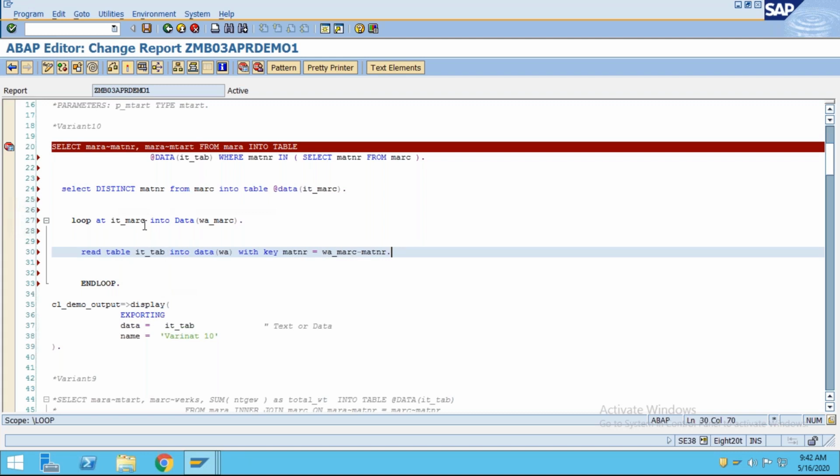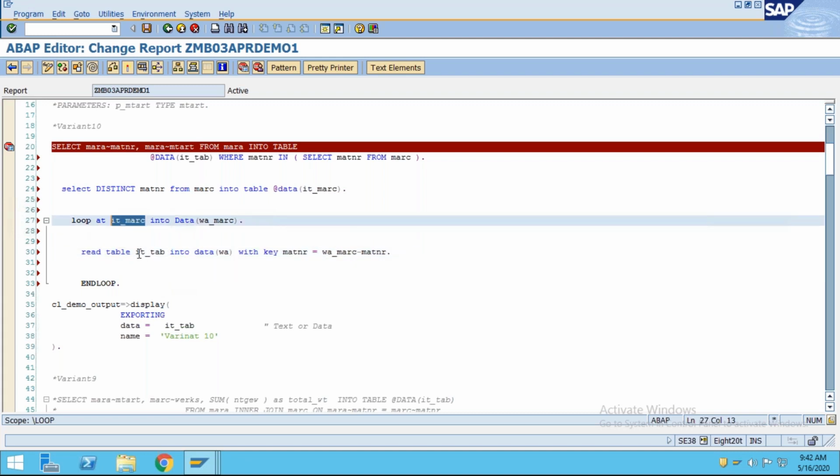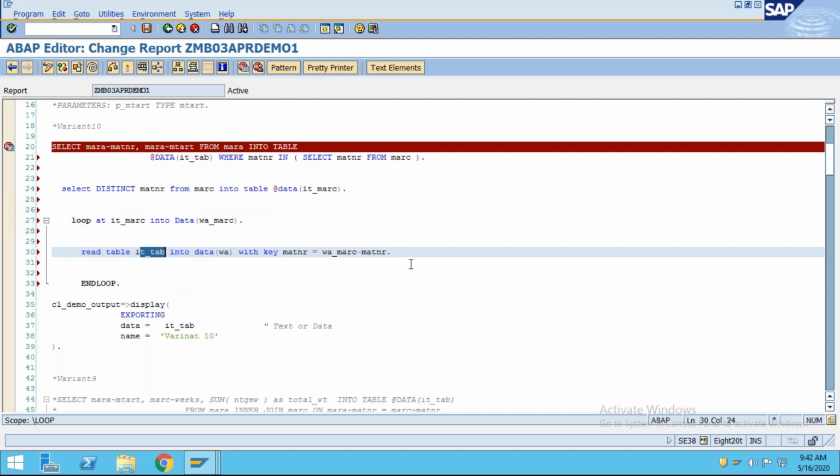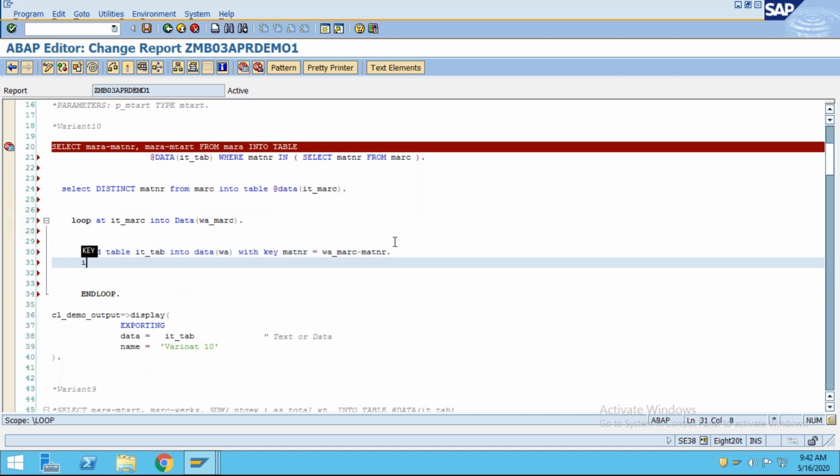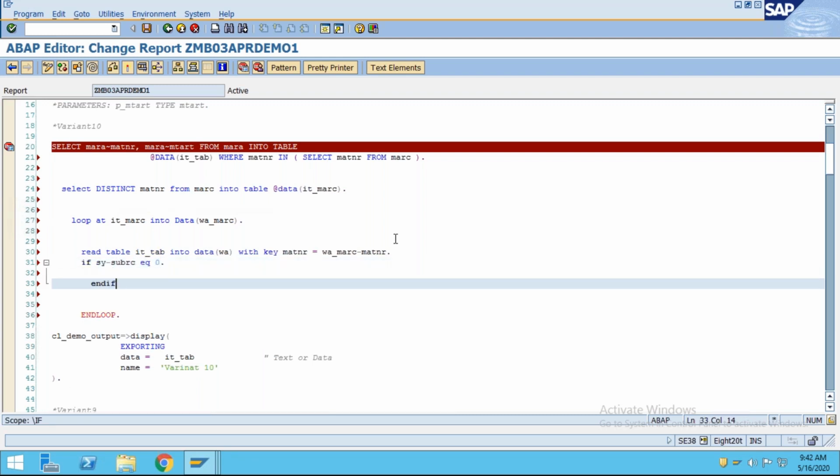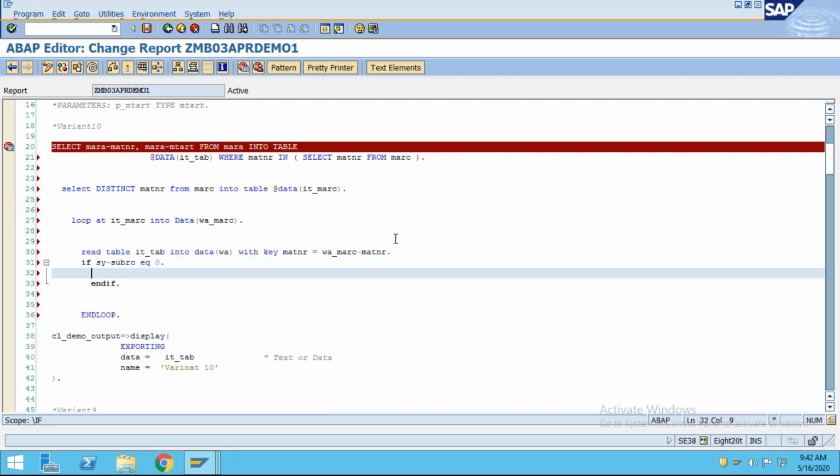So all the records I'm going to check in this it_tab, whether they are present or not. If it is present, if sy-subrc equals 0, then in this case I'm going to just write that